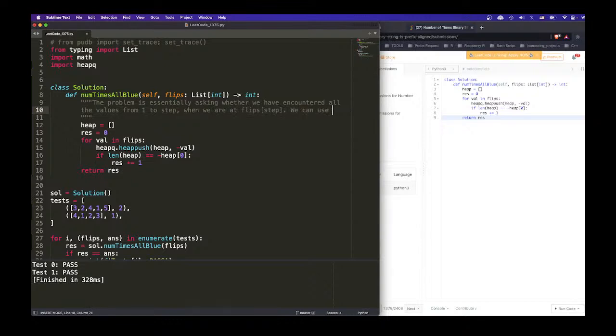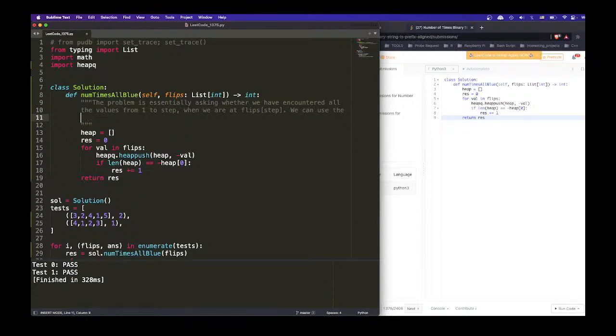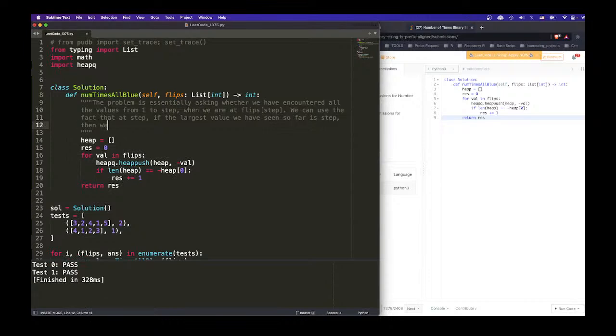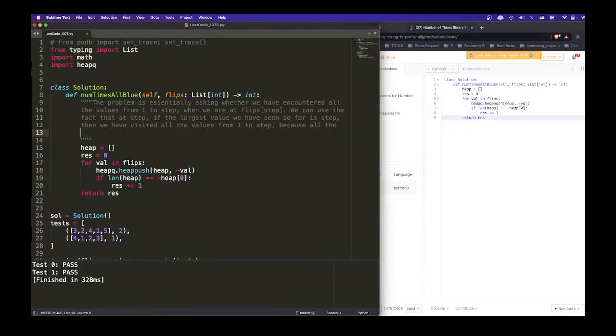We can use the fact that at step, if the largest value we have seen so far is step, then we have visited all the values from 1 to step, because all the vals are unique. Hence,